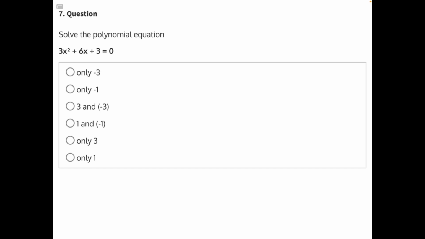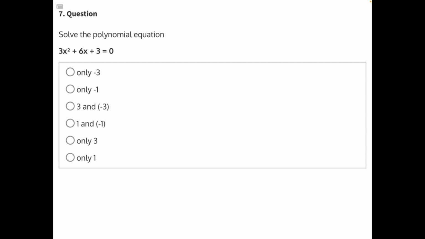Solve the polynomial equation. To solve a polynomial equation, the best thing to do is to factor it, because if we can get this polynomial equation represented as two binomials, we can set each of those binomials equal to 0 and solve for x. But to factor a polynomial that has an a value greater than 1, the best method